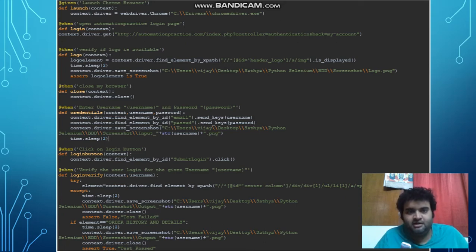I am getting the Chrome driver and using the get method, opening the URL, saving the screenshots using the save screenshot method, closing my browser, and passing the variables using send keys. So these are all basic Selenium scripts.